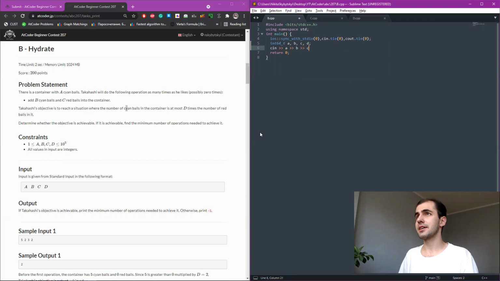But it may take us a long time when the ratio B to C is very close to D, and that's why I'm converting everything into long integers, despite the input not being long. So,